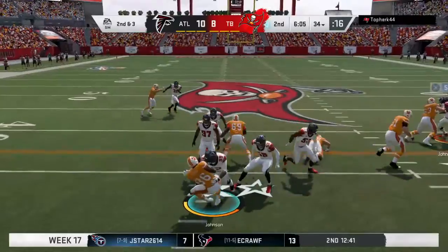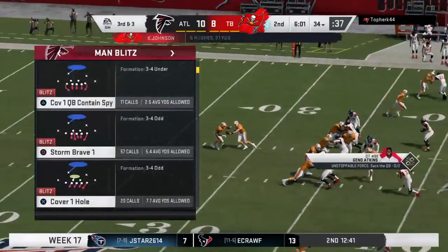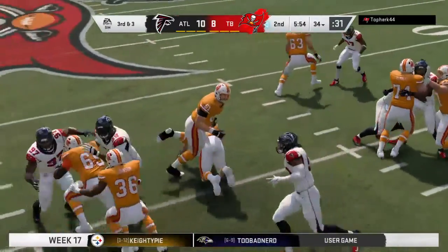Out of the pistol, here's Johnson. And the big boys up front, they're going to stop him right at the line. Call it no gain that time as it's going to leave him with a 3rd and about 3 to go. It's 3rd down and